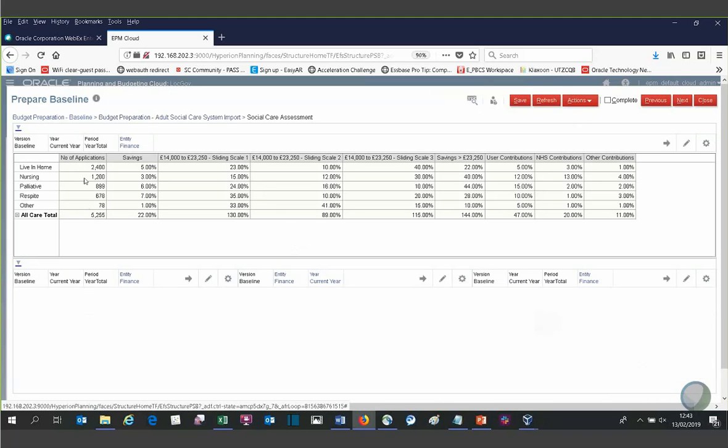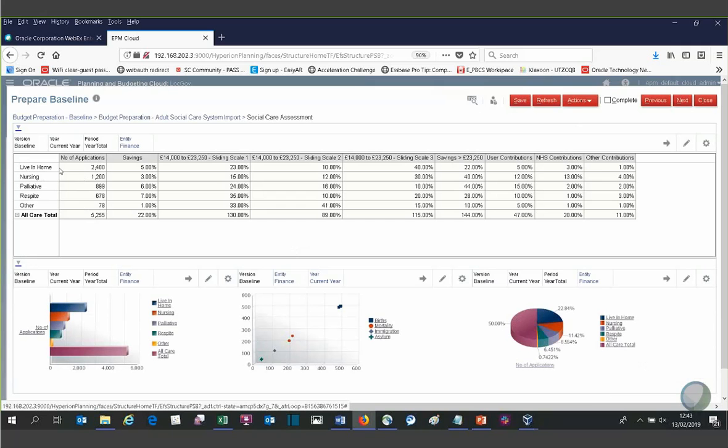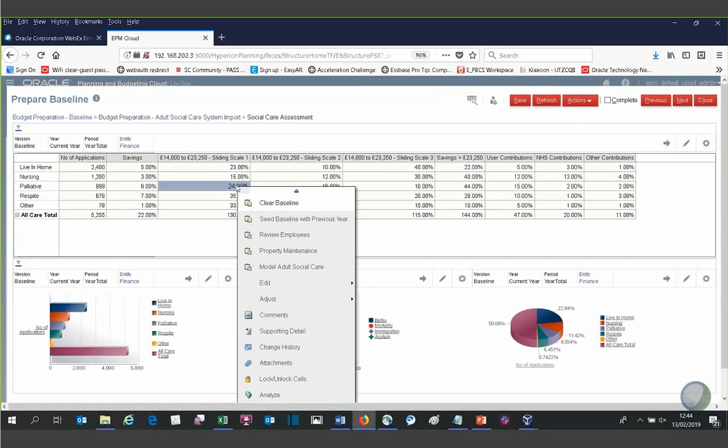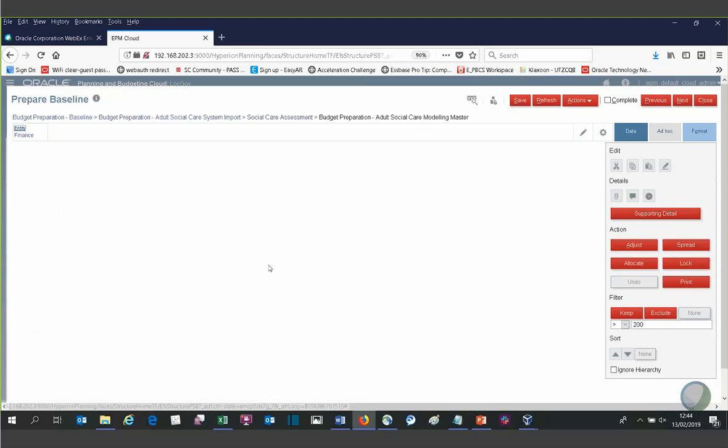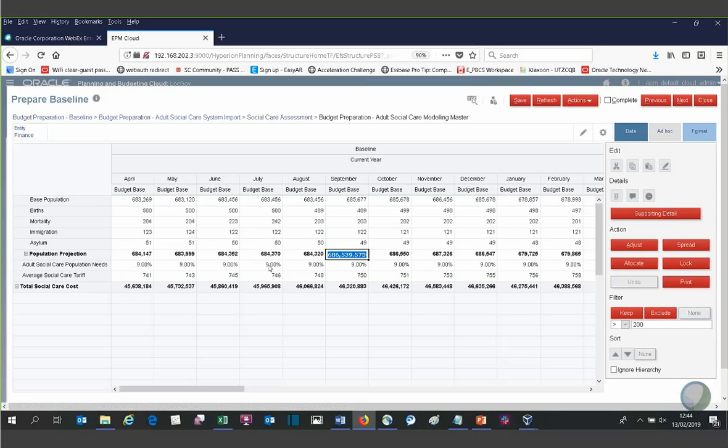I can then maybe roll this up using another business rule into a high level view to see the number of applications within that detail by particular care type, and how many of those applications have savings over a particular percent, over £14,000, between the sliding scales. So i.e. they need to provide a particular user contribution, and that helps me build upon that. And then maybe you want to go on to draw in detail from other systems like Poppy and Pansy or other population systems,